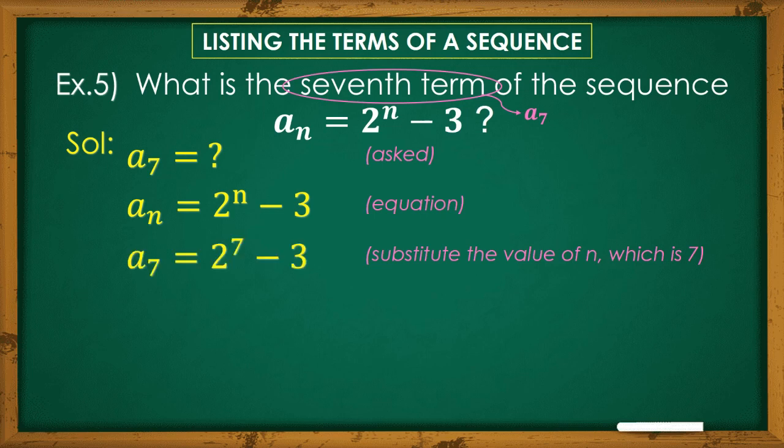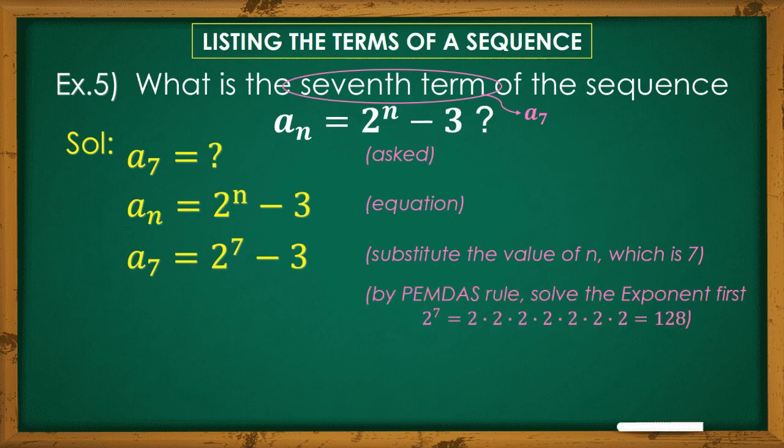By substitution, the value of n which is 7, a sub 7 equals 2 raised to 7 minus 3 will be our new solution. And dahil na-substitute na natin yung mga value ng n, we can perform the solution by again following the PEMDAS rule and starting with the exponent. So yung mga exponent natin ay 2 raised to 7. And ang 2 raised to 7 ay equal sa